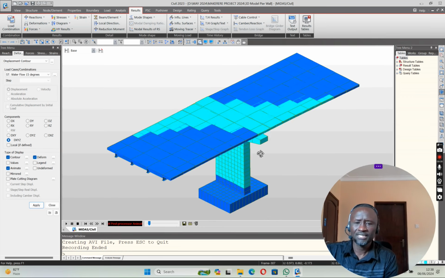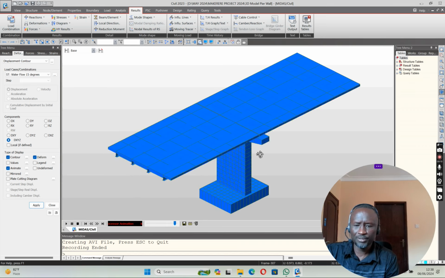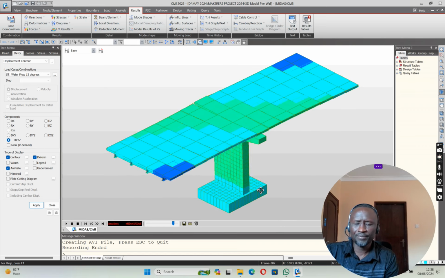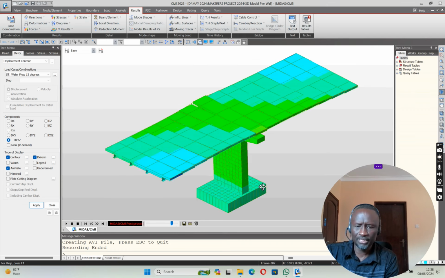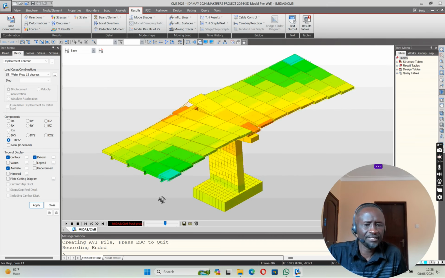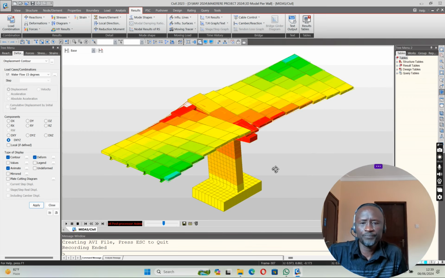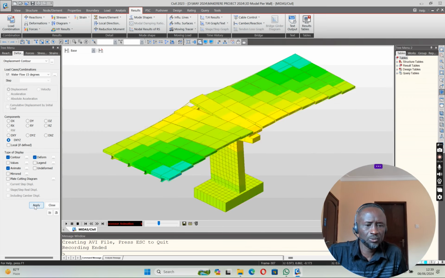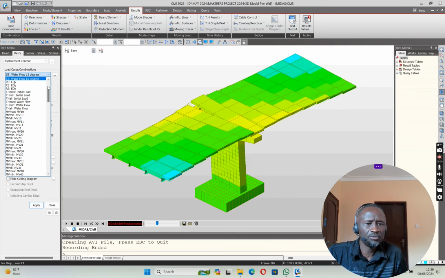So avoid putting your pier in a way that is blocking water. It must be in line with water so that it flows with little interference. That is what you could actually do. So if I take it back to 0,